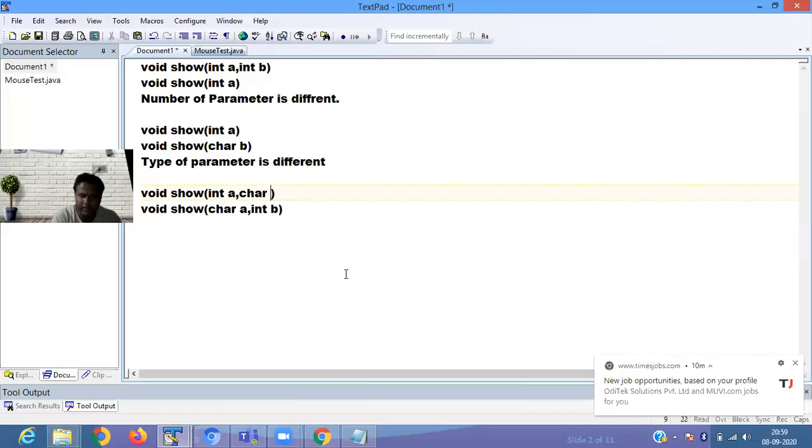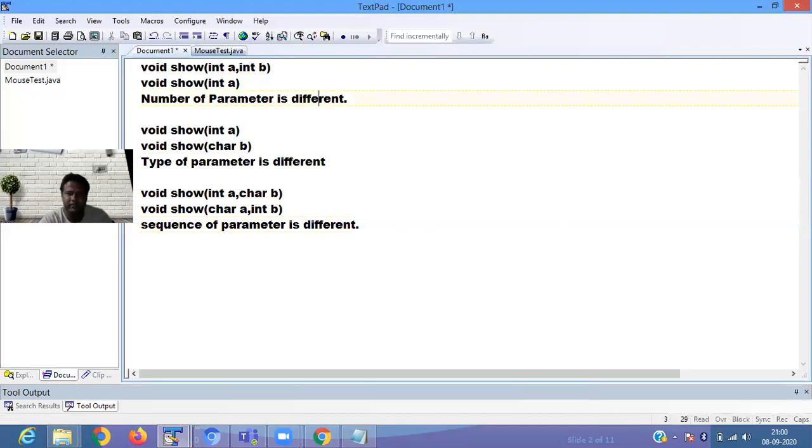So here the sequence of parameters is different. The number of parameters is different, the type of parameter is different, and the sequence of parameters is different. So the same function is used in a class, but it differs in three ways.